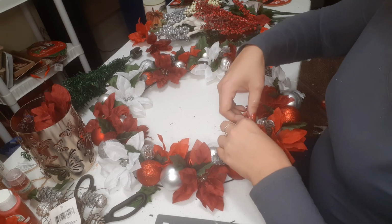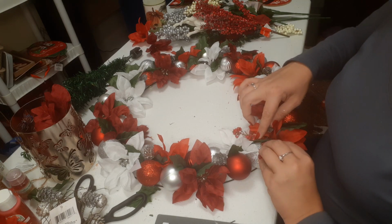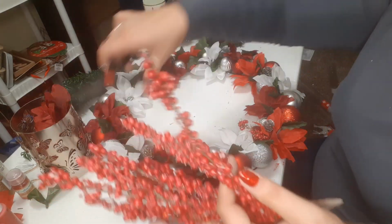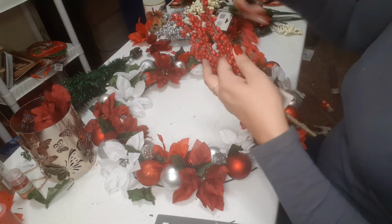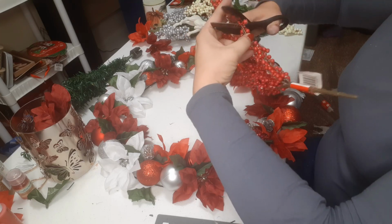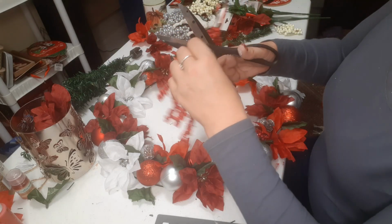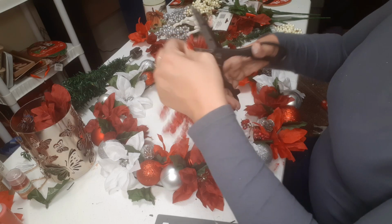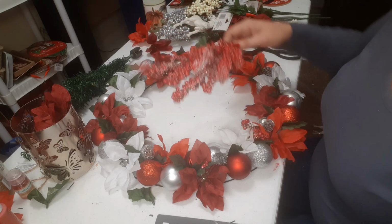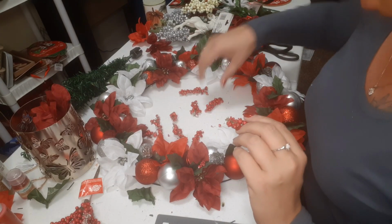So we're just going to shove that down in there with the glue hold. I don't want to use really long pieces, so I'm just going to cut this here into smaller sections. If I had my wire cutters, that would be great too. But I'm not exactly sure where they are at the moment. So, it's giving me a hard time. Okay, let me just go grab my wire cutters if I can find them. Hold on. Okay, can't find the wire cutters today, so we got a different pair of scissors that seem to